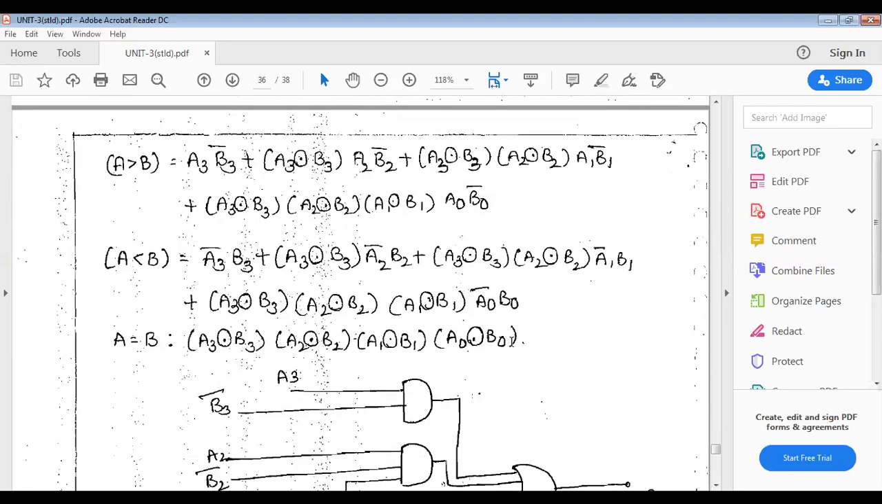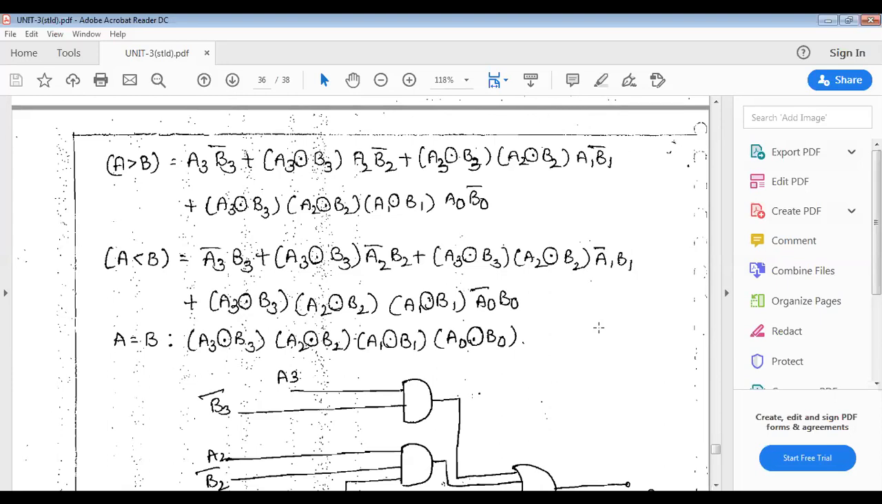Equal to means all four bits are equal: A3 B3 and A2 B2 and A1 B1 and A0 B0. The last term in the A greater than and A less than expressions, where A0 and B0 are also equal, you can take that as A equal to B. Now, by using these three Boolean expressions,